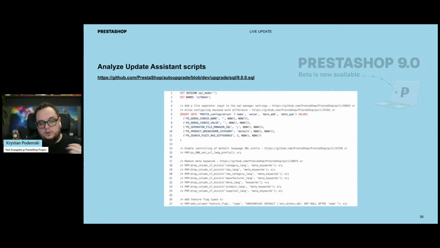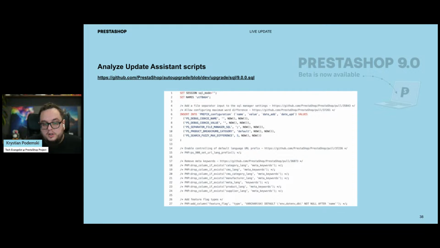And what I also like to share with other developers is that if they want to better understand some impactful changes that are coming to PrestaShop 9, it's worth checking the scripts that are available in the Auto Upgrade module. And even on this single screenshot, we see that, for example, the meta keywords field is no longer available in PrestaShop 9. So even in the places where you query products, if you have queries in order to retrieve some products